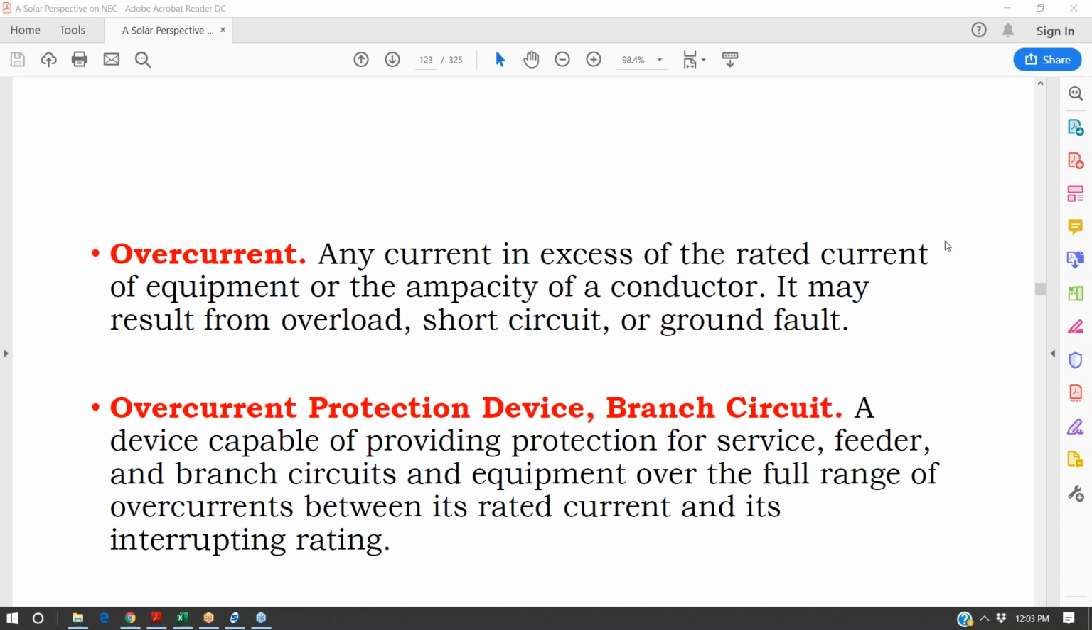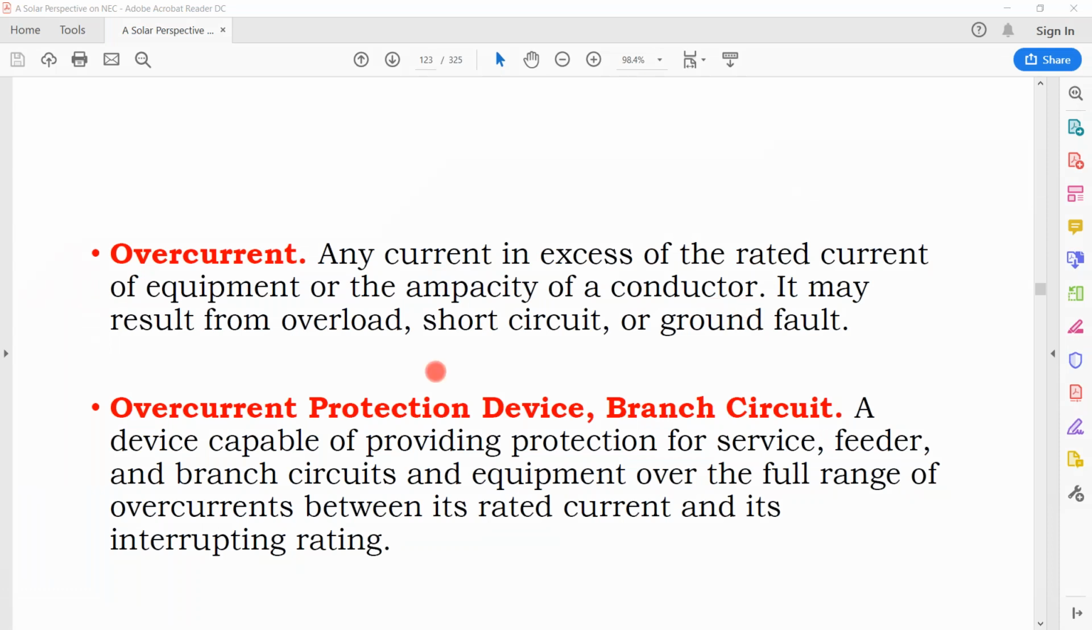Overcurrent is when you have current that's in excess of the rating of the conductor. It may result from overloading a circuit, a short circuit, or a ground fault. Generally it happens when the solar installer doesn't take into consideration temperature correction,